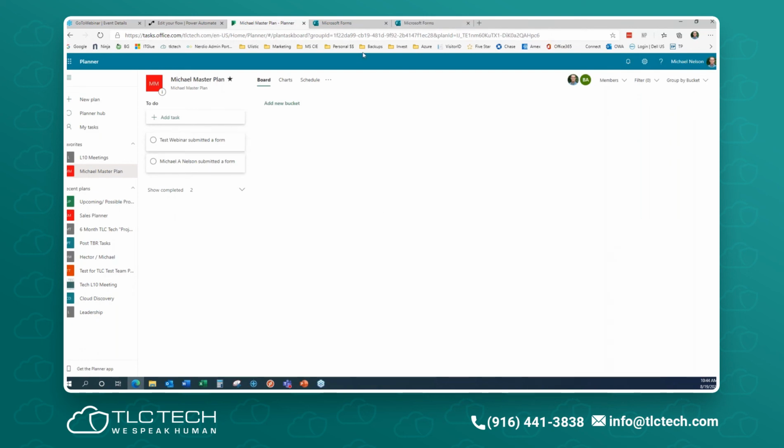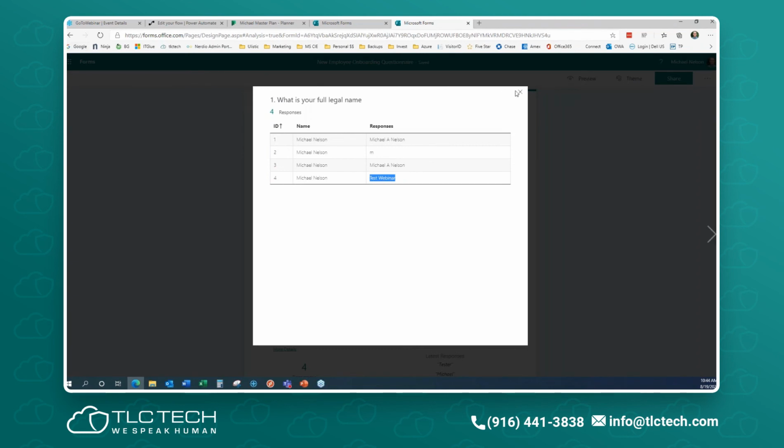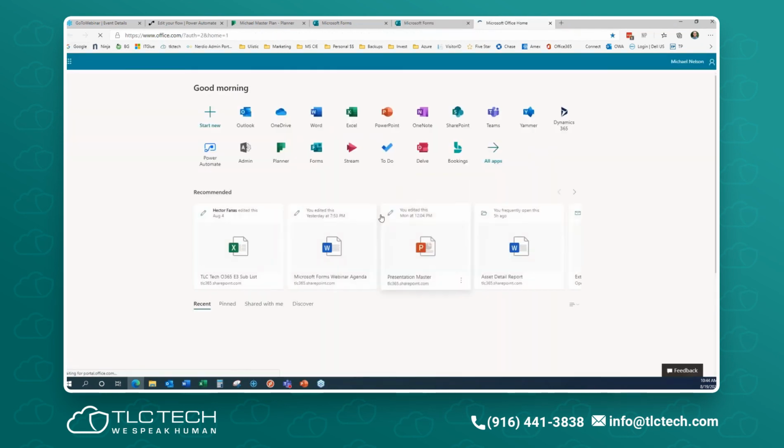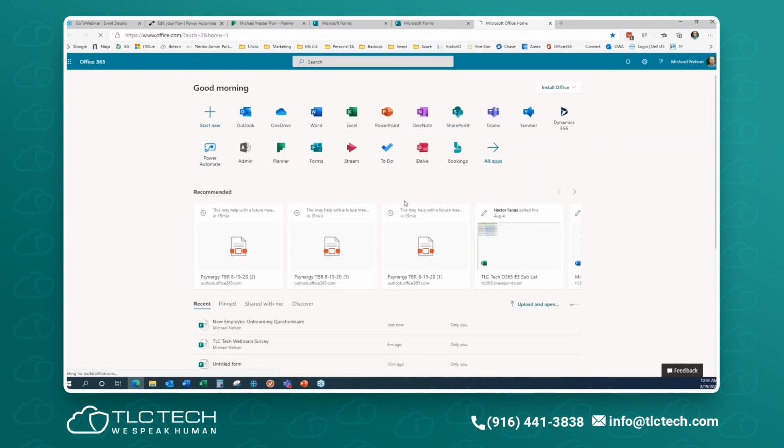Again, remember that we've got the Microsoft 365 ecosystem. For those of you that have been on many more webinars, these all tie into each other. So I can have my forms interact with Teams. I can have it interact with SharePoint. You could create a PowerPoint that embeds a link over to Forms. There's just lots of different ways that you can tie them all together.